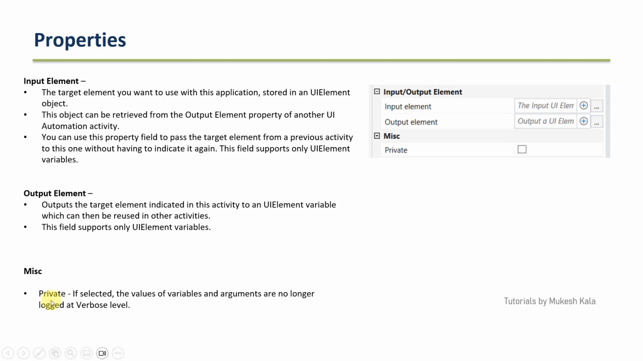Okay, and the last one is the miscellaneous, which is called private. If selected, the values of the variables and the arguments are no longer logged at the Orchestrator level, right? So Orchestrator has a different set of logs. In case you don't want the values of variables and arguments to be logged, you simply tick this option and this value would not be logged. Okay, so I hope these properties are clear. How do you use input and how do you use the output? Okay,